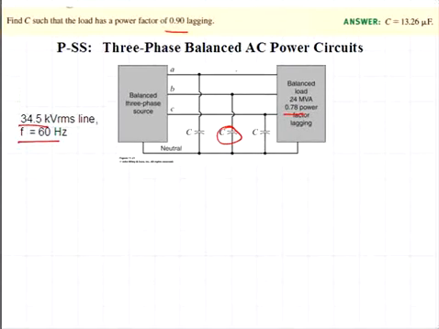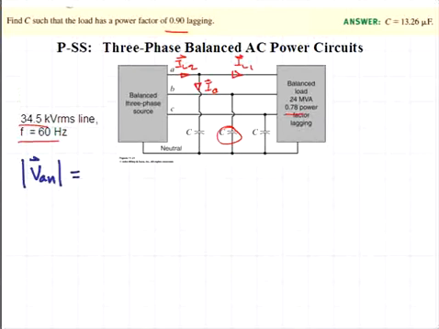Let's consider some currents in this system. We'll call this current IL1 flowing into the balanced load. We'll have a capacitive current when we install the capacitors, I sub C, and then the current which flows from the source after installing the capacitor, we'll call that IL2. So we'll do the analysis of this problem by working with the expressions for complex power and apparent power in the system. We'll assume that we'll work with the A phase of this three-phase system, and the magnitude of that